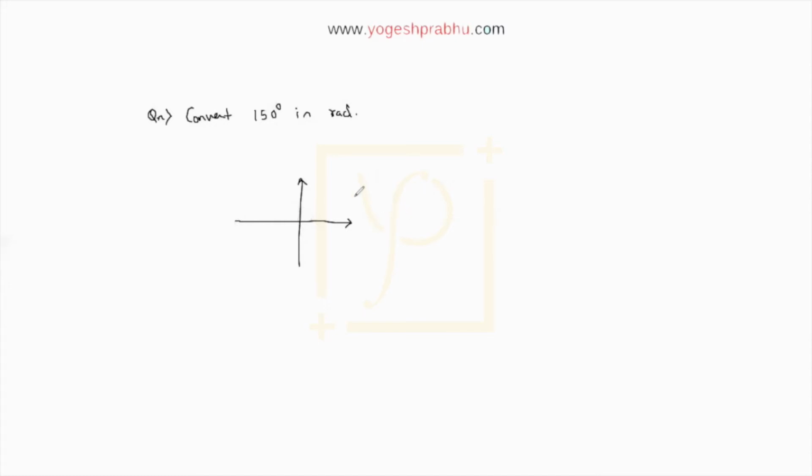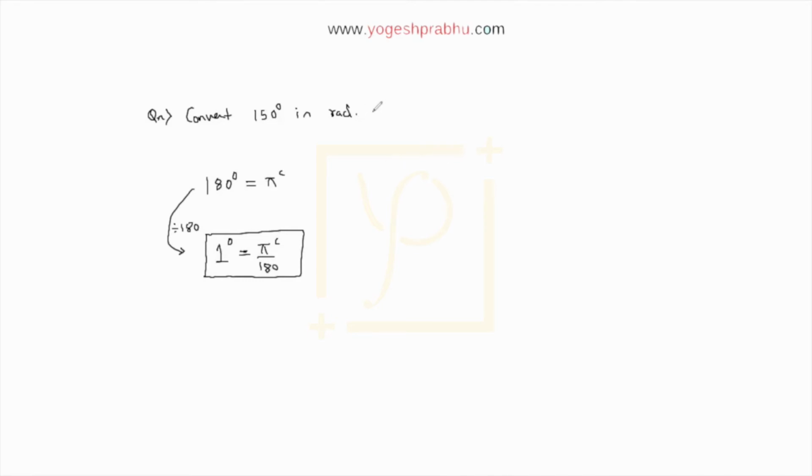So the technique of doing that is, we all know the relation, right? What is the relation of degrees and radians? We know that 180 degrees is equivalent to pi radians. This is a standard relation. Now, what you can do here is divide this equation by 180. So 180 divided by 180 will become 1, so it is 1 degree, and I have to divide on both sides. Whenever I'm dividing an equality, I have to divide the right side also. So it will be pi by 180 radians. So that's the value of 1 degree. If the angle is 1 degree, it is equivalent to pi by 180 radians.